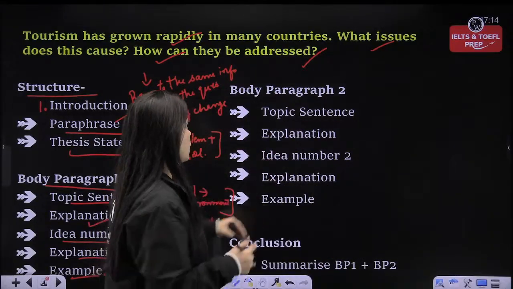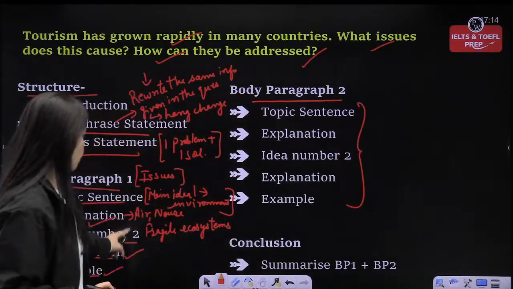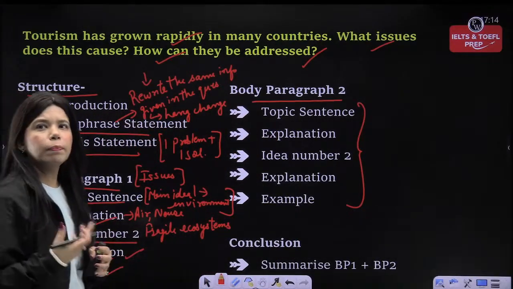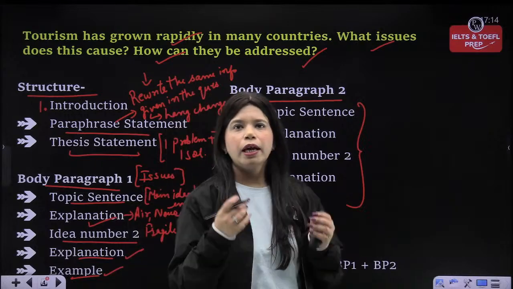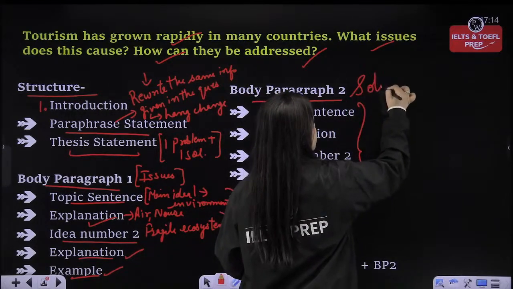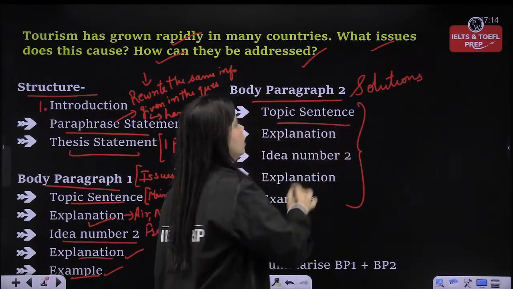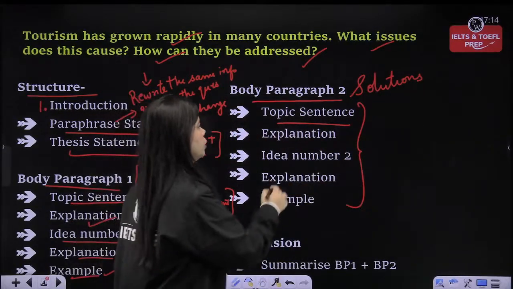And then body paragraph 2, you will now follow the same structure that I showed you for body paragraph 1. But body paragraph 2 में आप क्या लिखोगे? In body paragraph 2, now you will write the solutions. What solutions did we talk about? Solution number 1 was tourism tax, and solution number 2 was,